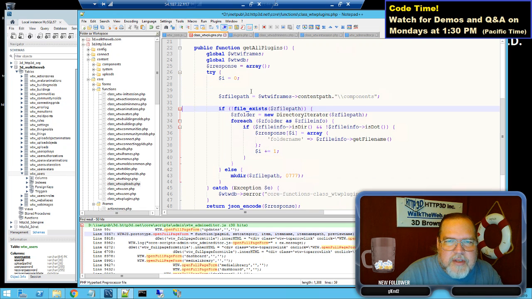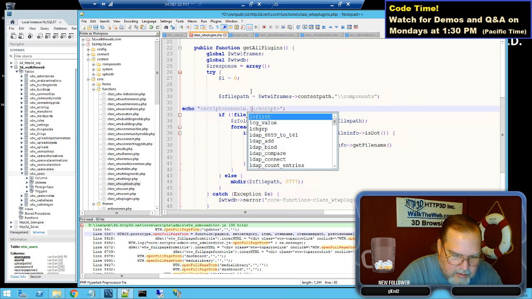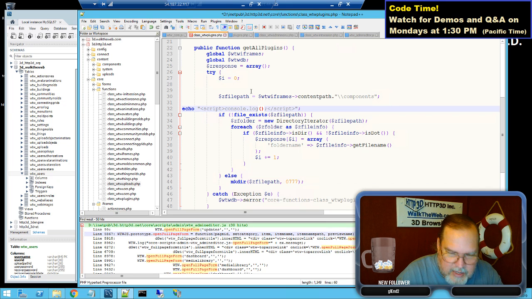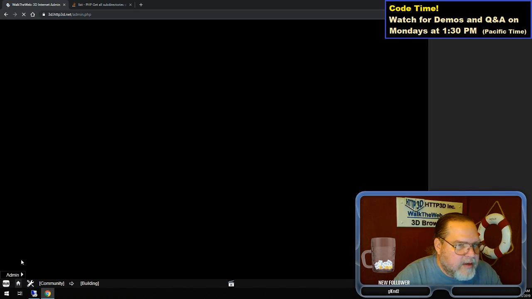Okay, I want to see this right here and double check what I'm getting. So we're going to echo and console log, and we're going to have it spit out this path equals, and then we're going to have it spit out the file path to our console log. So that should tell us where we're at. Let's see, go back here,